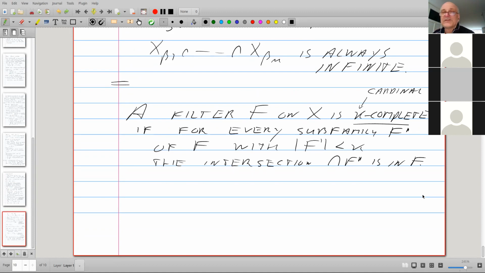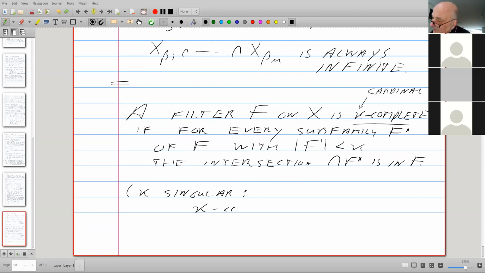Okay, this is only useful for regular cardinals. Think about this maybe for a while, and think about the fact that a singular cardinal can be chopped into fewer than kappa many pieces, all smaller than kappa.